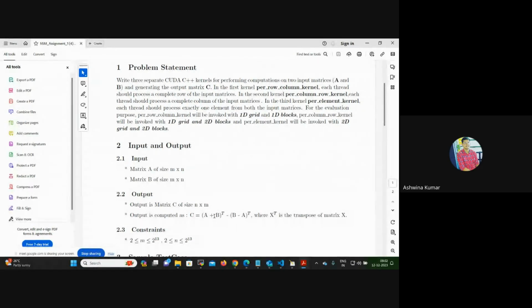A plus B transpose in the per row column, or B minus A transpose in the per column. So there was some confusion. I guess we have to create three kernels, that is clearly mentioned in the question, and for the statement C is equal to A plus B whole transpose minus B minus A whole transpose, we have to